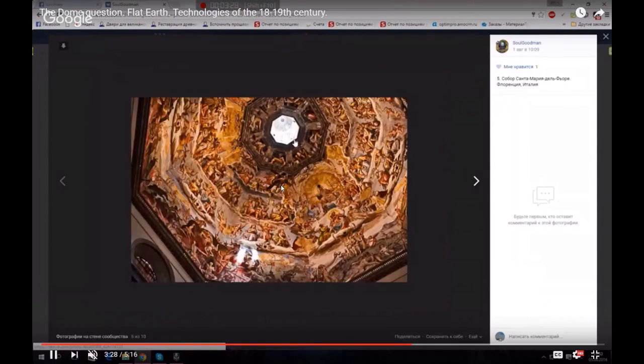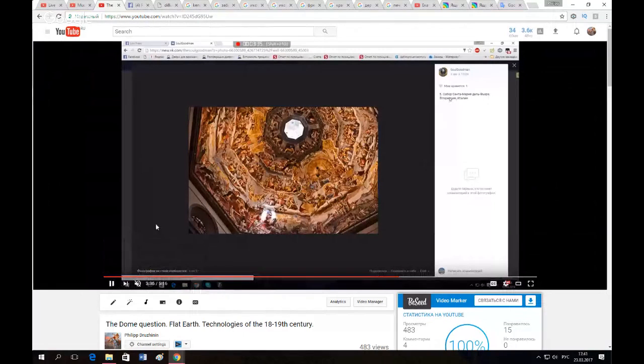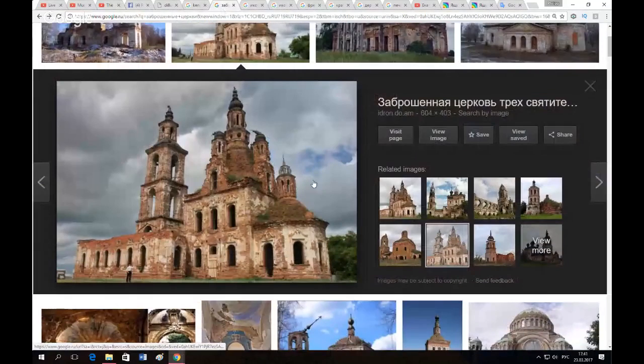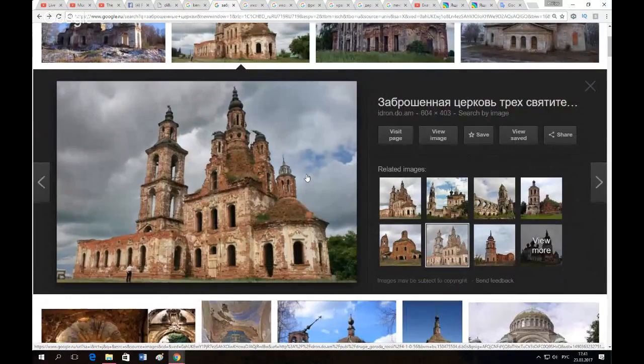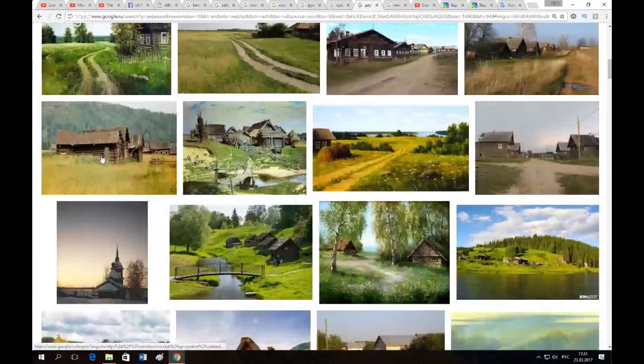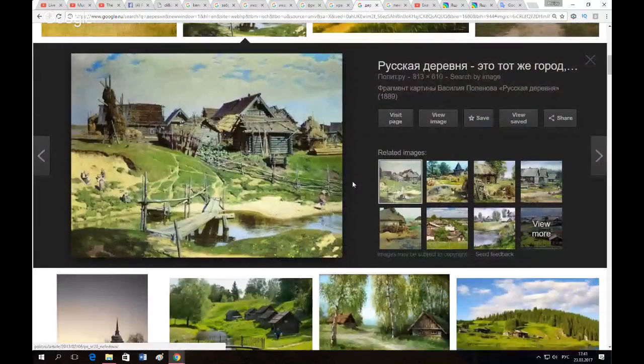So wherever you go and see those huge domes, just like in Russia, where you see those abandoned churches, you're going to understand that this is just something that is not quite logical. If you live in a Russian village, you're going to see this type of thing. Wooden houses all around the place, nothing is made from brick, because it's a lot cheaper, warmer, and more efficient to live in a wooden house. When you see a whole bunch of wood around you, you can easily cut a tree and make yourself a building. That's okay. And we can see some churches are made from wooden material,